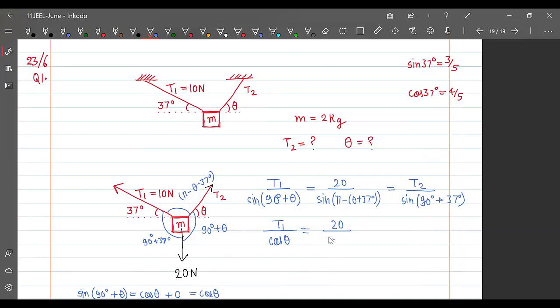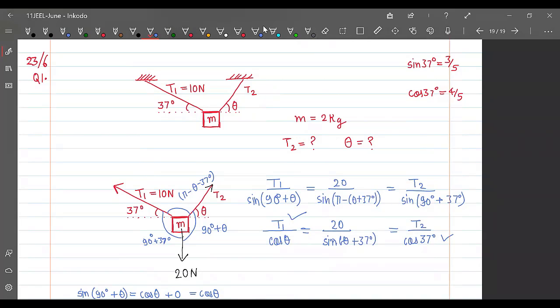अच्छा, साइन 180 माइनस थीटा प्लस 37 को साइन थीटा प्लस 37 लिख सकते हैं। एंड साइन ए प्लस बी, साइन ए माइनस बी वाला फॉर्मूला लगा सकते हैं, तो उससे ये आ जाएगा। और T2 डिवाइडेड बाय अगेन साइन 90 प्लस थीटा हो जाएगा कॉस थीटा, थीटा की जगह 37 लिखते हैं। तो मुझे T1 पता है, कॉस 37 पता है, तो T2 आ जाएगा, फिर यहाँ से थीटा भी आ जाएगा। अभी सॉल्व करके देखना कितना कितना आ रहा है।